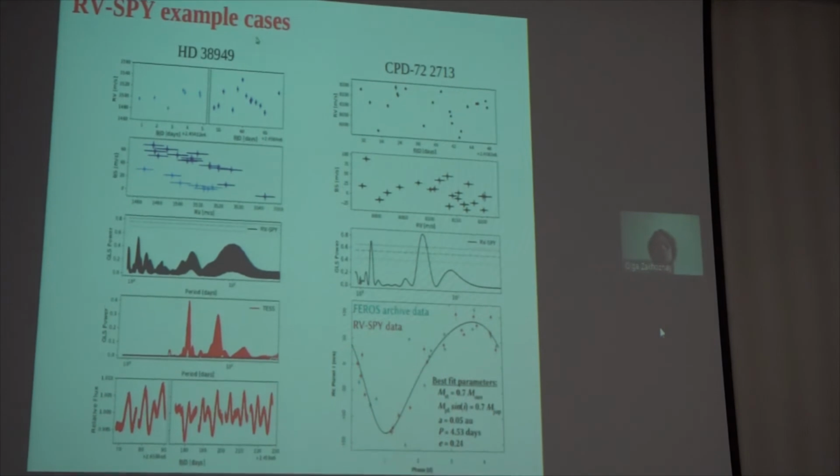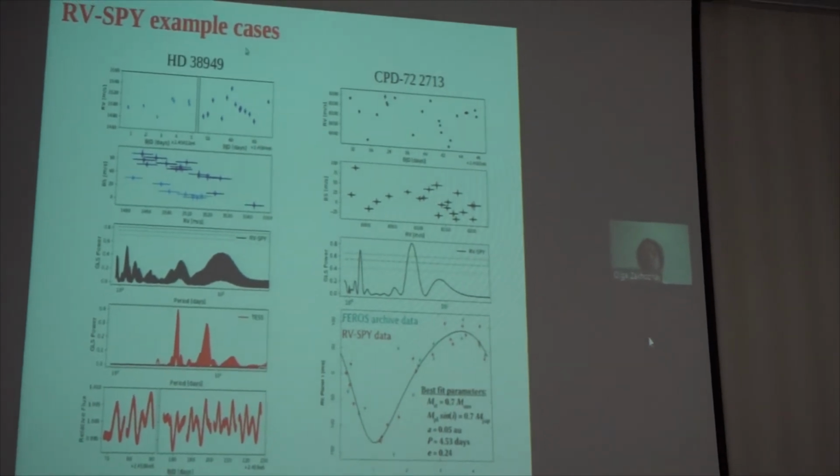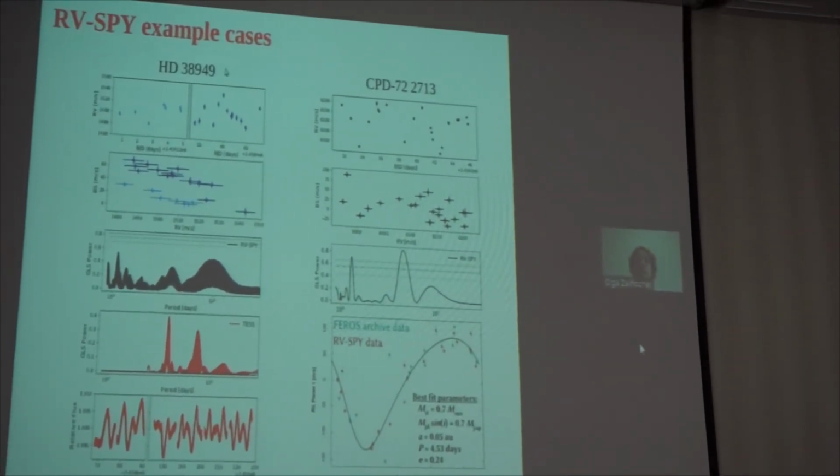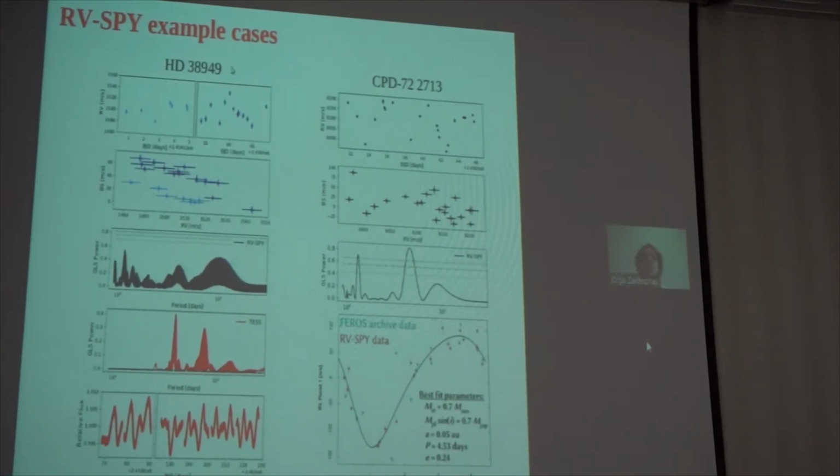So in this plot, I'm showing you two example cases which we had. AGT 38949 is a star for which we saw clear anti-correlation between the sector span and radial velocity. We observed the star twice in short cadence, and it was almost clear that what we see for the star is due to the activity. We also analyzed different line indicators, but I will not show them here because the sector span is more than enough. Another interesting example is CPD